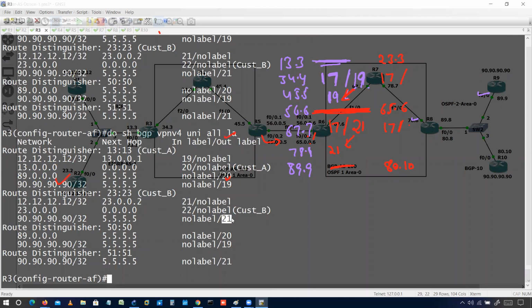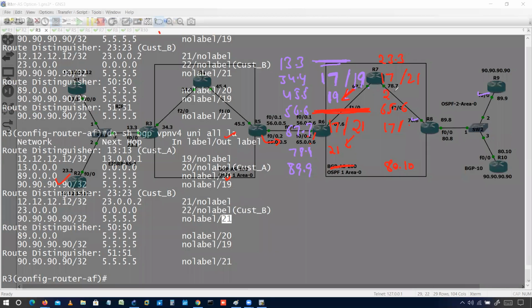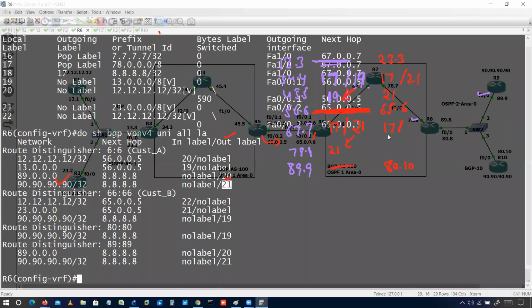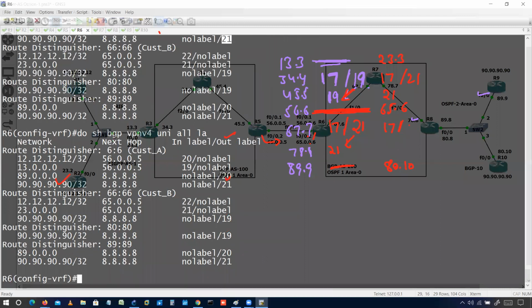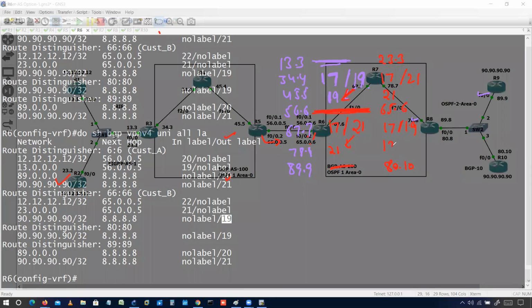That is 21. Finally, here we have 21 and 21. Okay, and the label is missing on R6. To reach 90.90.90.90 for customer B, we have label number 19. So label number 19, label number 19.